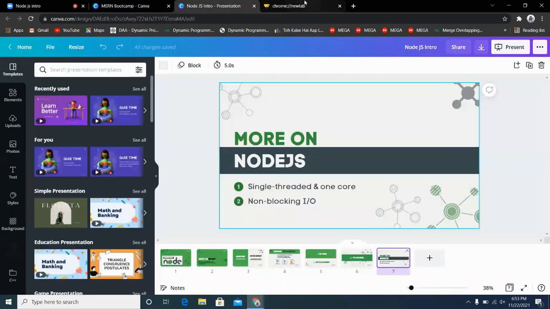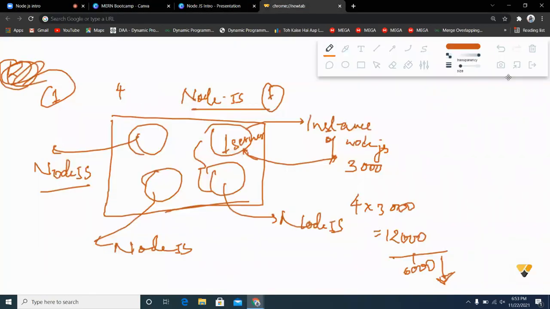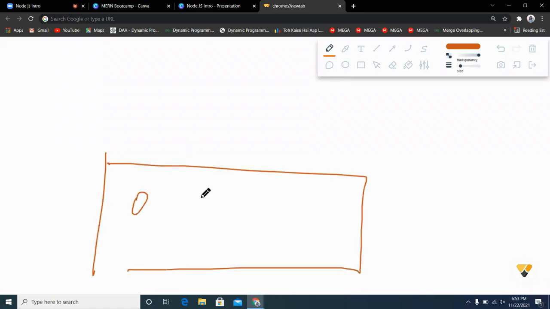Great. See, again I'm repeating this thing. Suppose you have a 5 core processor. So your processor is a 5 core processor. 1, 2, 3, 4, 5. Okay, 5 core processor. In each core,